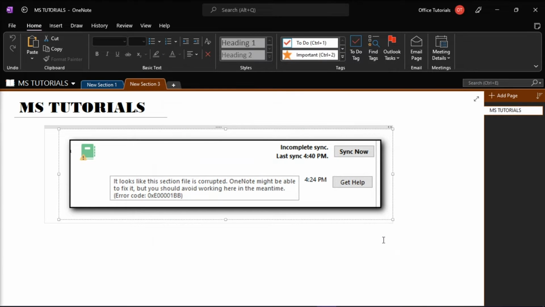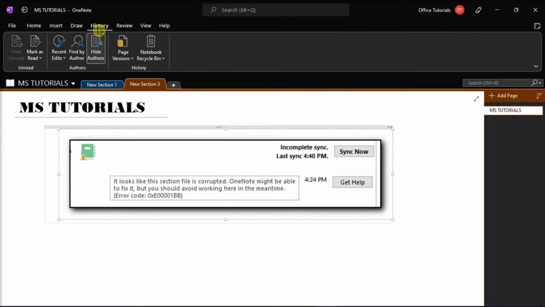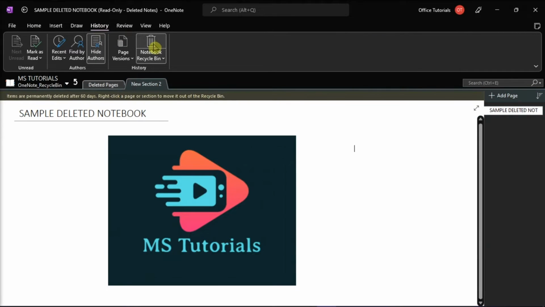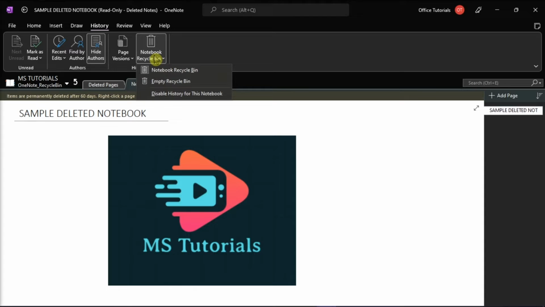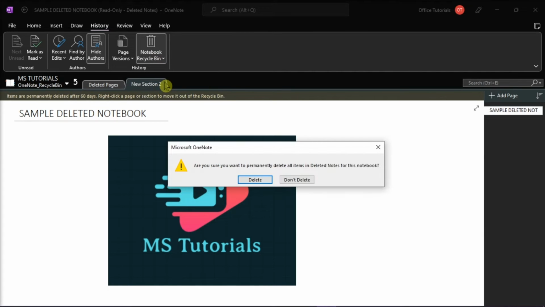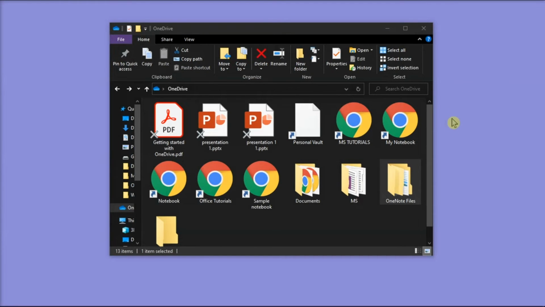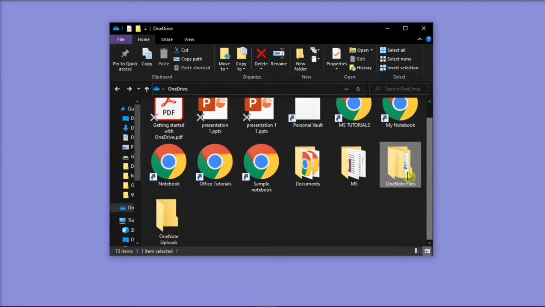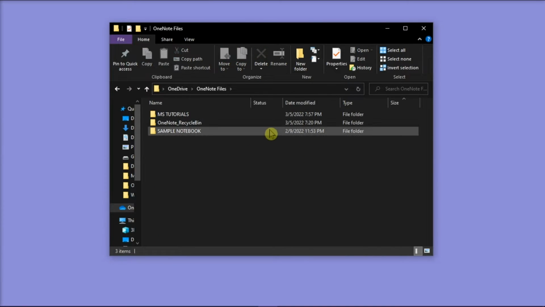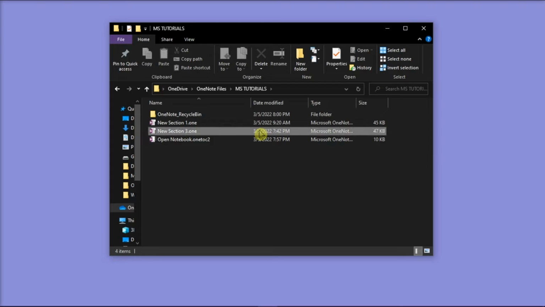Now the next thing to do is empty the recycle bin by going to the History tab, and then select Empty Recycle Bin. Once the recycle bin is empty, close the notebook, and then exit Microsoft OneNote. Then, open the location where you have stored your notebook, open it,